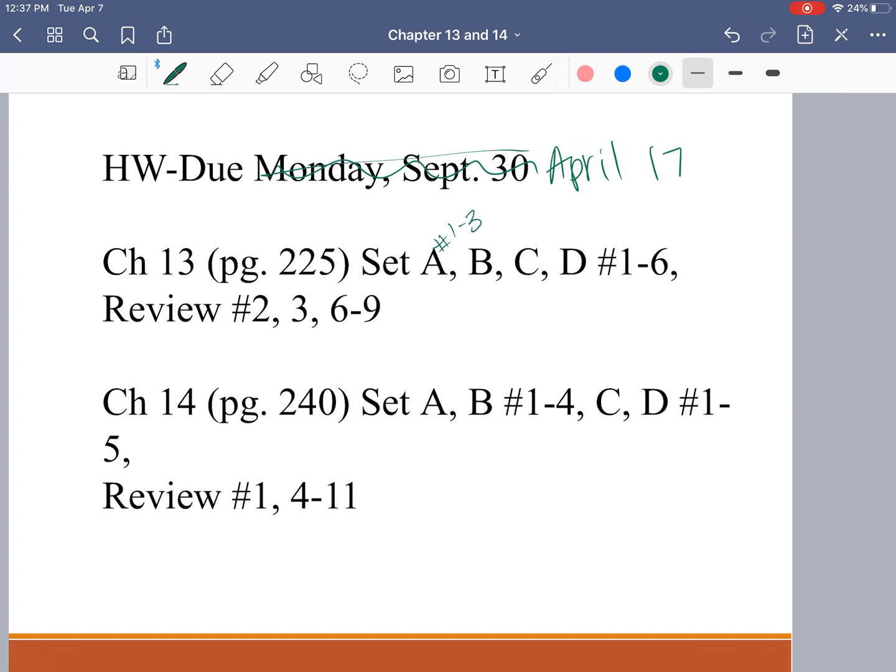Chapter 13, you're doing set A, just numbers 1 through 3. All of B, set C, you're just doing 1 through 2. Set D, you're doing 1 through 4. And review, you're doing 2, 3, and 6. Chapter 14, doing all of set A. Set B, you're just doing number 1. Set C is gone. Set D, you're doing 1 through 5. And review, you're doing 1 and 5 through